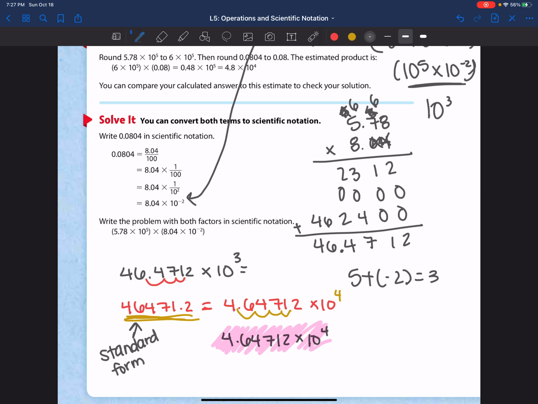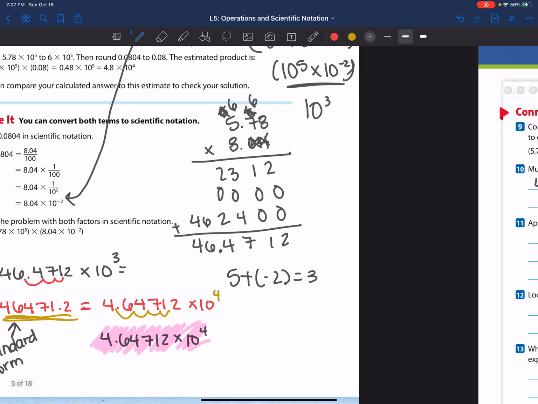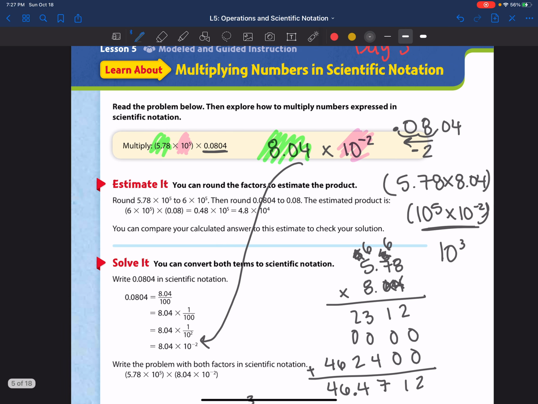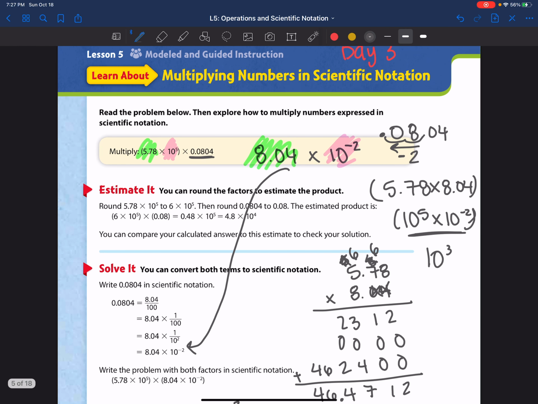So this is our answer, or our solution, in standard form, and we put it back in scientific notation to prove it. All right, look at the estimate on the previous page. Is your solution reasonable? So the estimation, they had